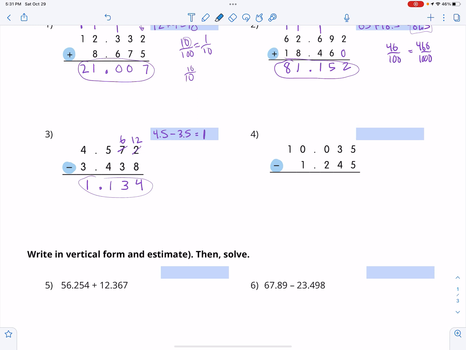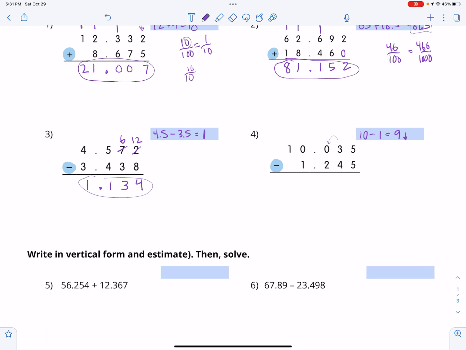Question 4 is again subtraction, and I have about 10 minus 1. So it's going to be 9 and probably a little bit less because I'm subtracting more than 1, but I just didn't want to do that extra math. So I am going to continue with my regrouping and then subtracting. My thousandths place is fine. My hundredths place is not fine. I only have 3, but I need to subtract 4. So I'm going to regroup from the tenths